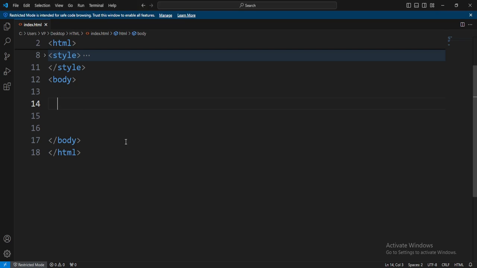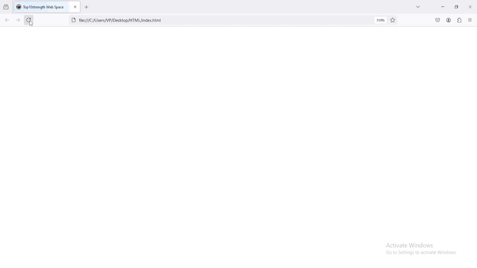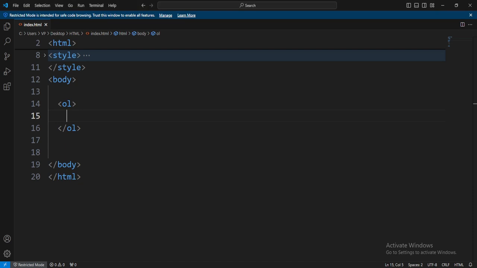Can you see we are not seeing anything yet? So now let's get back here and use our ordered list. OL is our ordered list, right? We are having our opening and closing OL tag. Let's save our document and see how it looks. Can you see? Nothing appears yet. Then now get back to our document and use LI